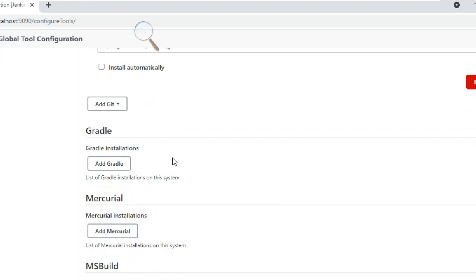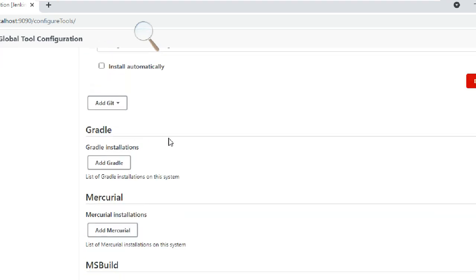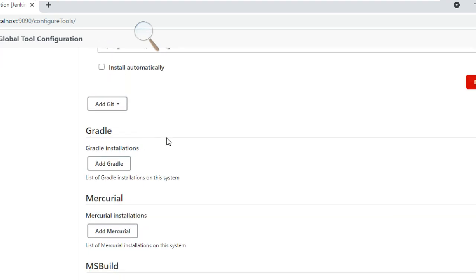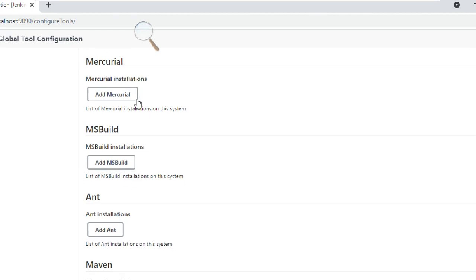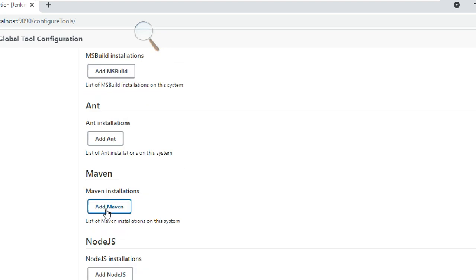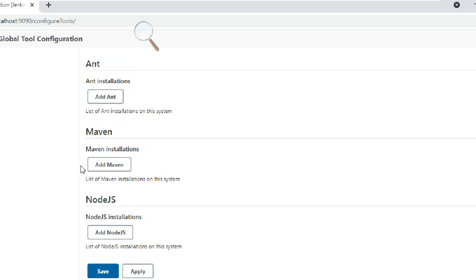I don't have Gradle. Even if I have Gradle, I don't want to check it. I never use Gradle anyway, so I will use it later. This is if you have Gradle or Mercurial, MS Build, and Maven. If you have Maven, then you can add it. Later I will show you Maven also, and at that time, if you want, you can add Maven also.